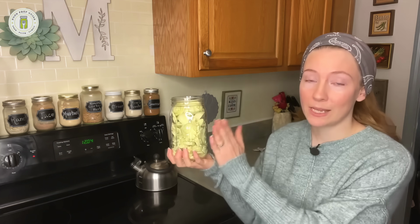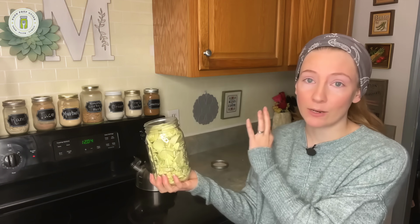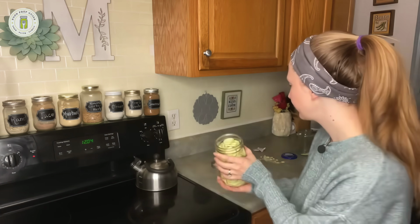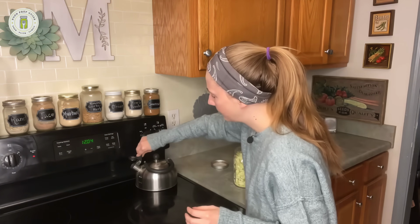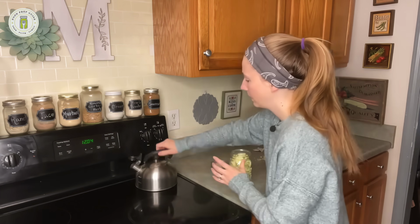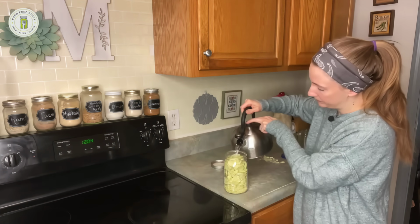before I ever tried canning. It just felt easier and less intimidating. It's basically just slice your food, put it on the trays, let the dehydrator do its thing. Plus, dried food takes up way less space than canned food. You can fit about 3 months worth of vegetables in a single cabinet. In fact, I have a vegetable cabinet, and that is exactly what it's dedicated to, is dehydrated vegetables of all